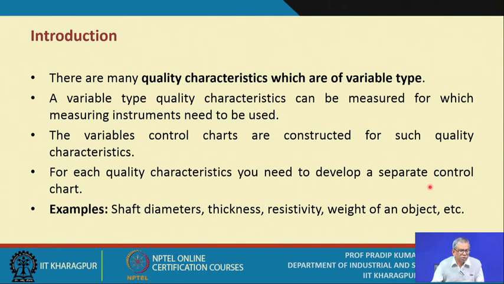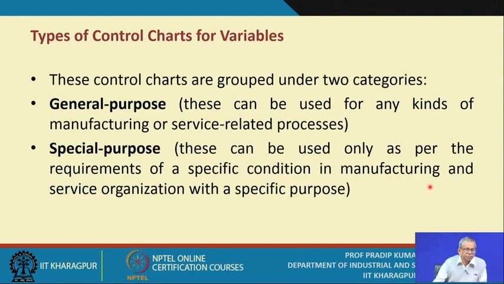What are the examples of say variable quality characteristic? There are many examples, like the shaft diameters, like say the thickness, resistivity, weight of an object, etc. That means if you look at all these characteristics, what you find that they are measurable. Now